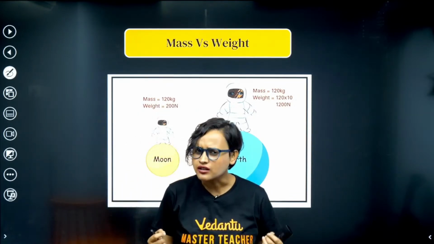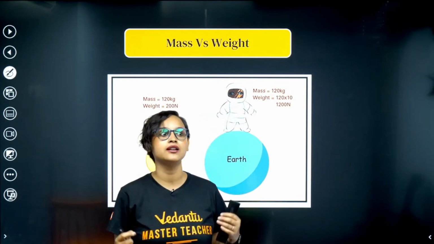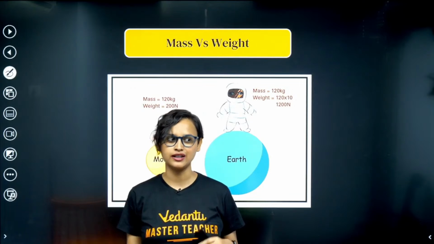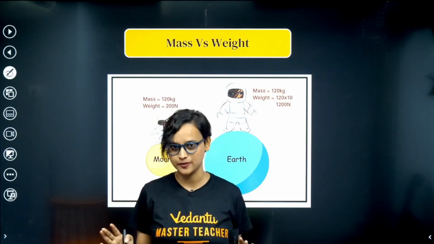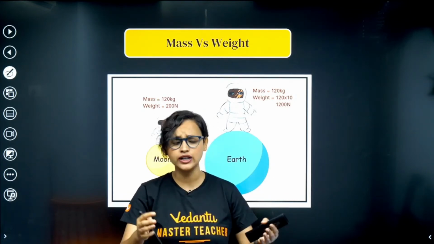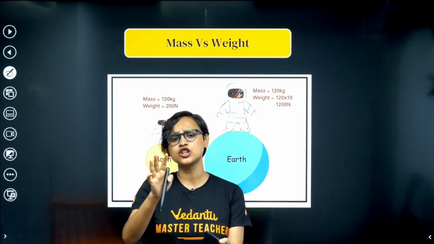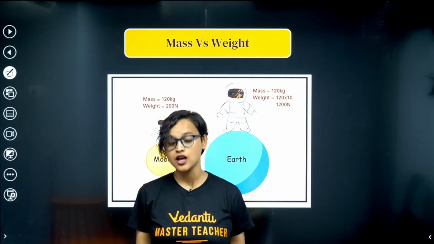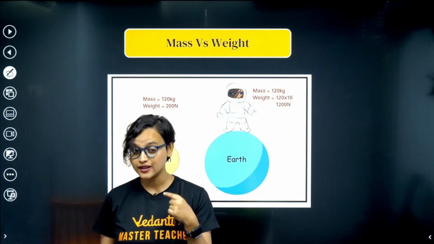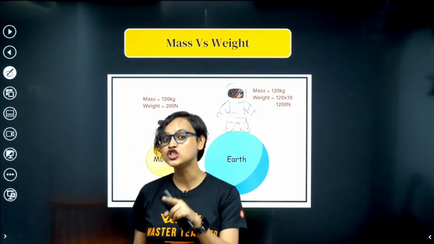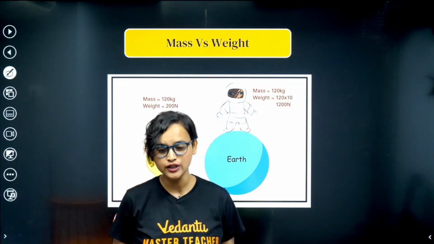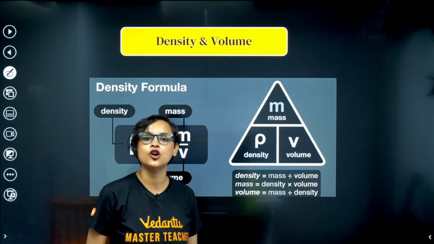However, even as grown-ups, I have heard many grown-ups interchanging these two terms and they keep talking about it like mass and weight are the same thing, but it's not. Mass can be measured, right? Even in your laboratory with a simple device, you can measure the mass. But for weight, you will have to calculate it. I just told you, it's a product, mg. That's your weight, okay? It's a force, right? Everybody understood? Okay.